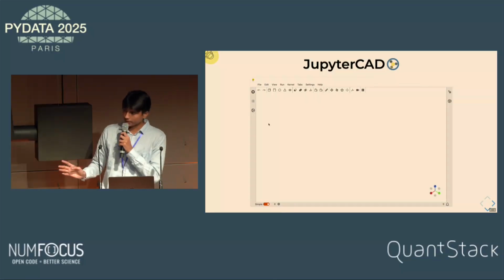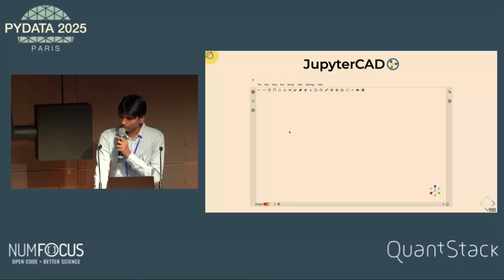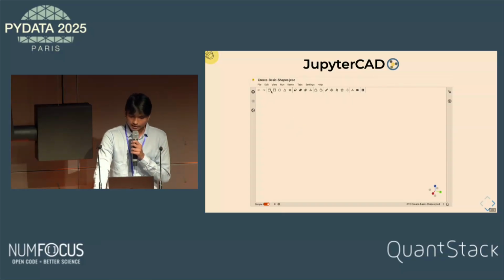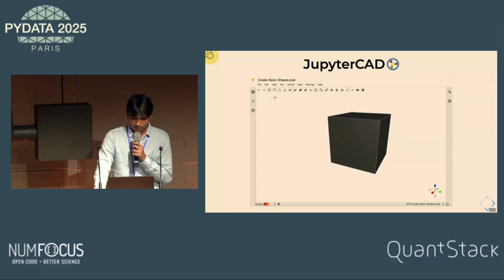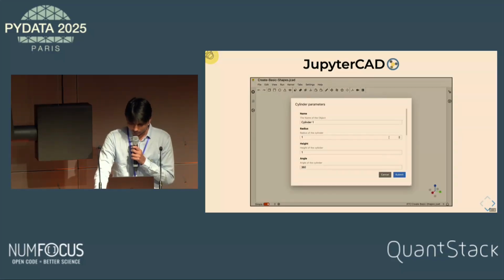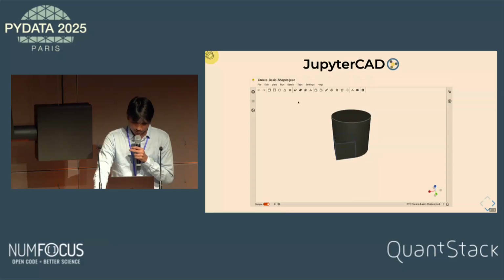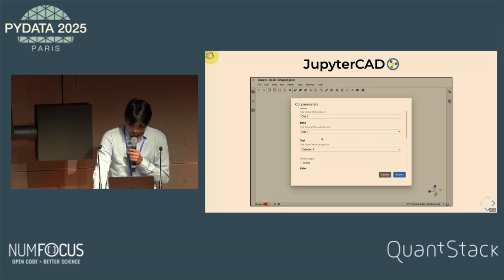So when you open JupyterCAD, you would see a screen like this. So this is a live demo embedded in JupyterLite, embedded in an iframe and deployed with JupyterLite. So you can create all types of basic shapes. You can create a box like this and a cylinder. Maybe I would give it some height. And I can perform some operations as well. So if I select the box and select this cut operation, and I want to cut my box with the cylinder, so I would